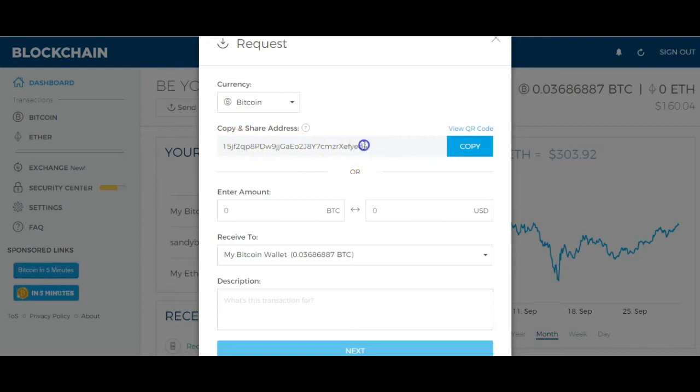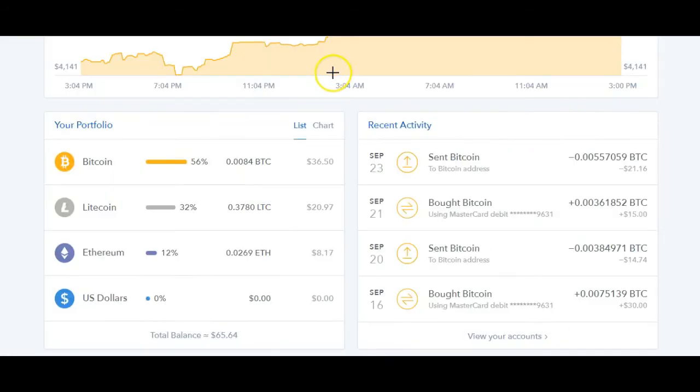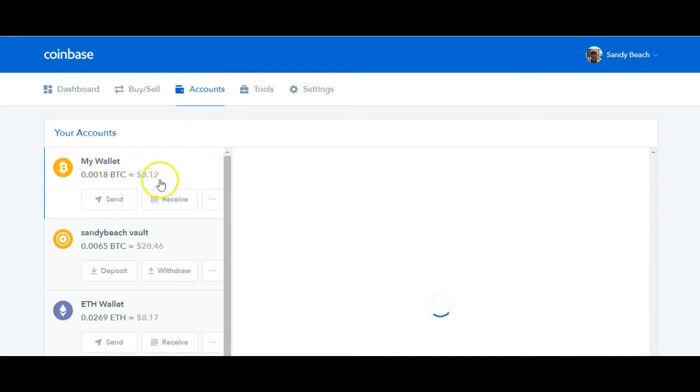So I can either copy it like this, making sure I don't have any extra spaces at the very beginning, or it's best just to hit this copy, and it's going to copy it to your clipboard. Once you have this address, we'll copy it for now. Then you come back over to Coinbase, and you're going to send, we'll just say it's $15, whatever I've got. I want to send it to myself, so I come up here. I'm going to hit on accounts. And when I hit on accounts, it's going to have my wallet. That's going to have that amount in my wallet. And if I click send,